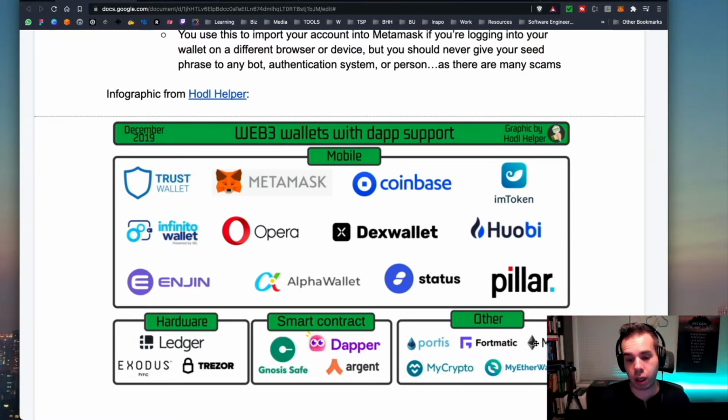Also Magic Link, they are creating a lot of Web3 infrastructure right now. You're able to log in just with your email, and then you're able to provision that secret key and that public key associated with a crypto wallet. There's also MyEtherWallet. There's just a ton of different wallets out there, but these are some of the main ones. And of course, definitely do your own research and find the best wallet, or the series of wallets, that work for you.